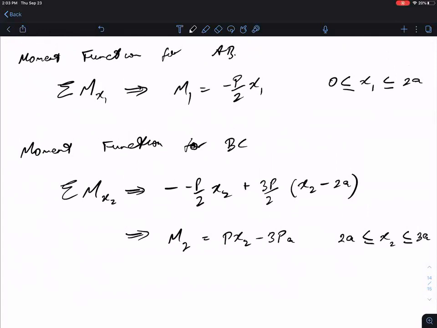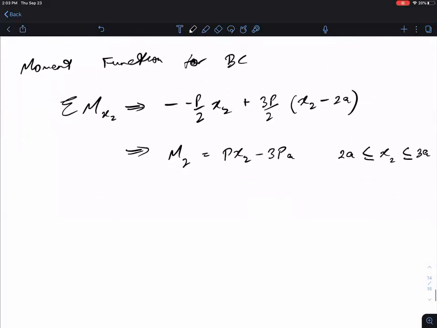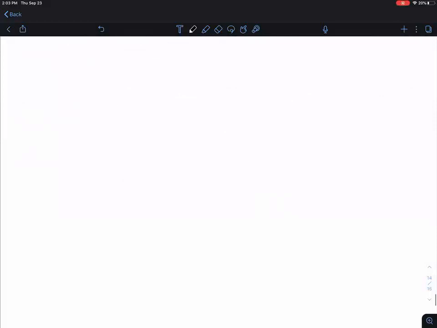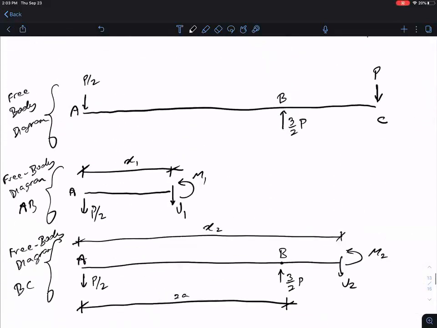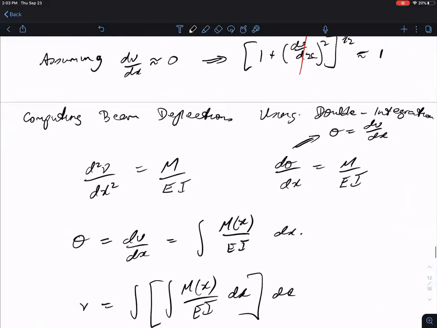So what we're going to do, let's rewrite the expression for M1. And then we're going to replace M1. So let's go back a little bit. From this equation,